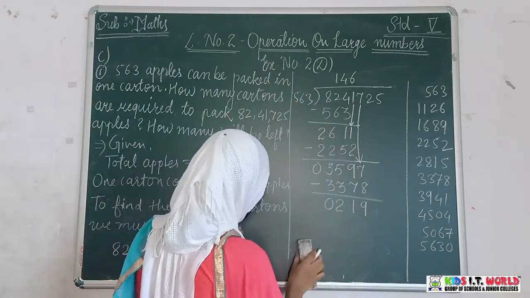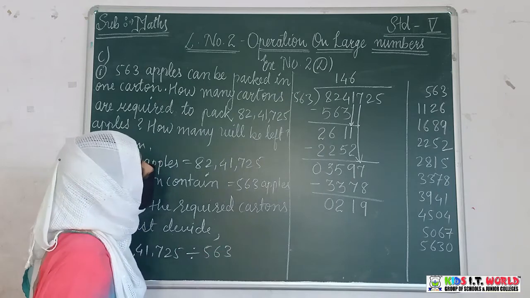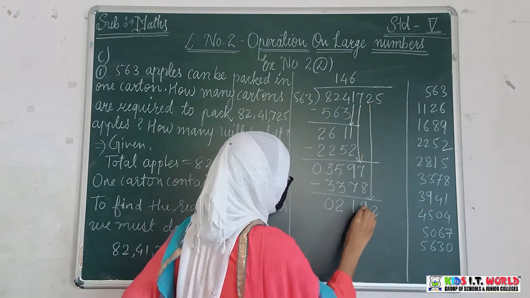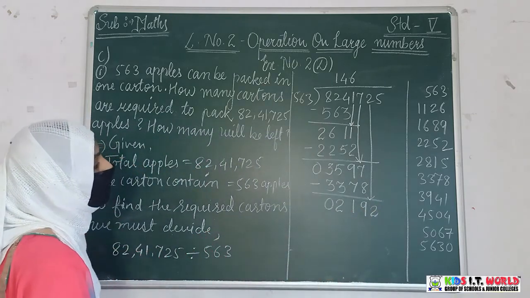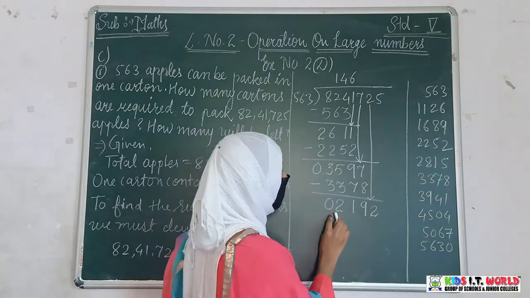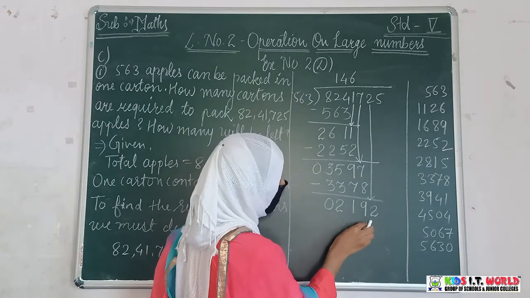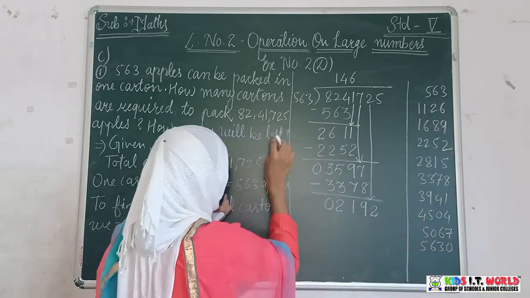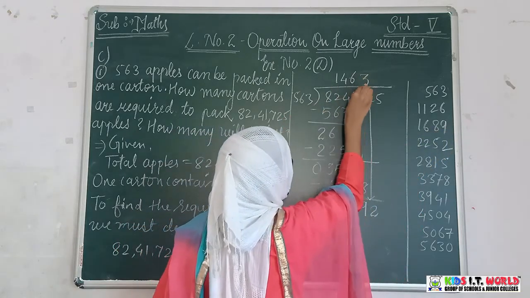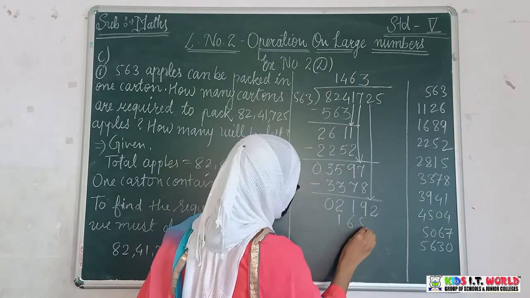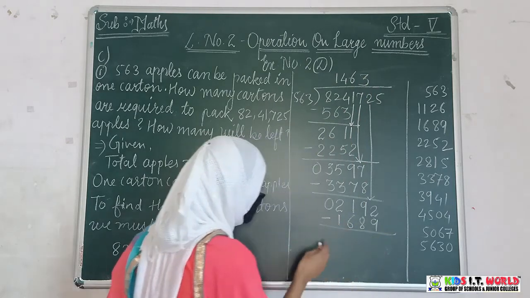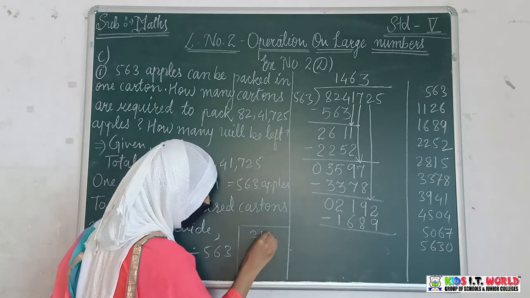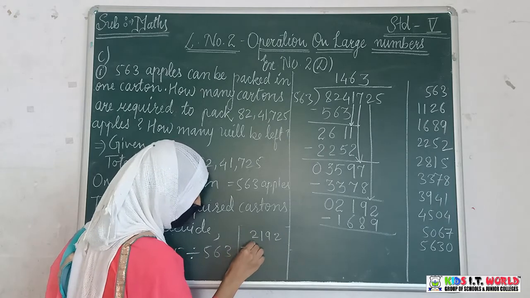Now on the next step, you have to take other number down here. So which number is there? 2. Take 2 here. Now the total number is 2192. Now see in the table, we are not having 2192, but less than this number we are having 1689. So 563 3s are 1689. Again do the subtraction in the rough form. So we will do it here. 2192 subtracted with